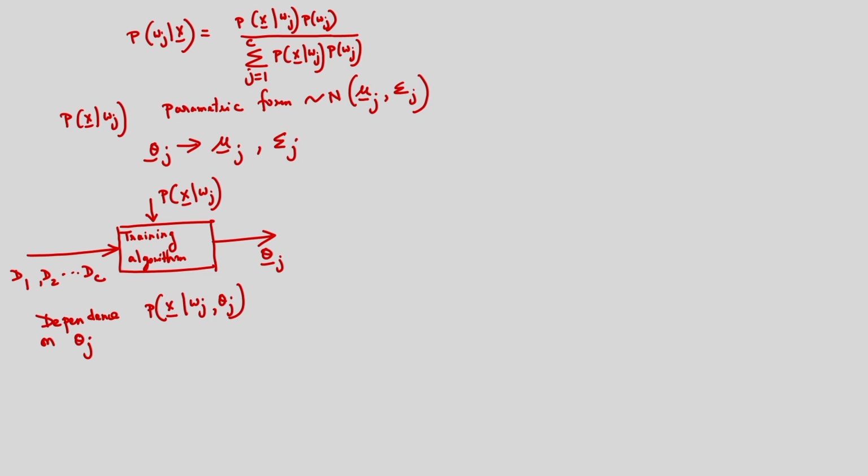That means I have to determine theta 1, theta 2 from the information of the training data set, because we have the training data set for all the classes, and from this training data set I have to determine the parameters. In this case I am considering the independent data set. What do you mean by independent data set? Suppose I am considering the data set D1, that is for the class W1. Similarly, another data set D2 is for the class W2.